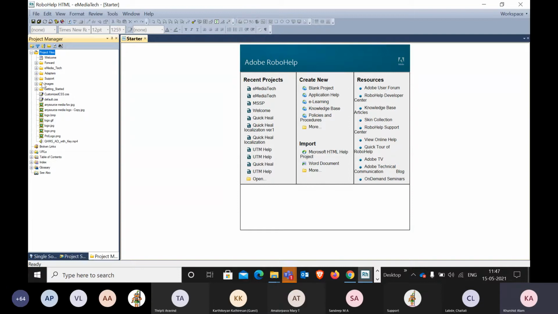For example, I will give you an example of eMediaTek, and then eMediaTek Pro. In such situations, you have very similar features. Some features may be extra in Pro, so you need to add extra topics. So obviously you need some basic topics which you might have already created. For that, you need to import all those pages by using the Import button.